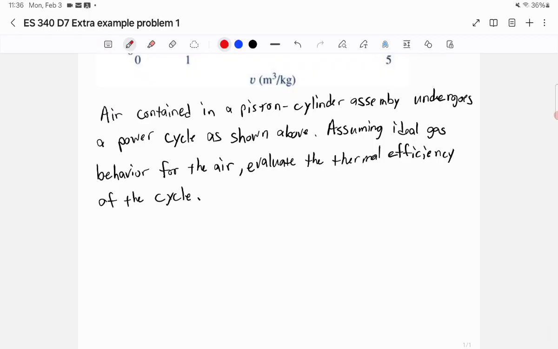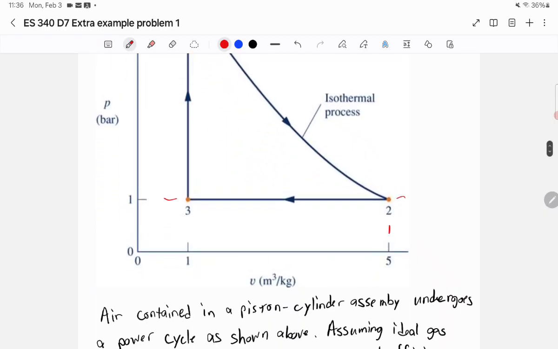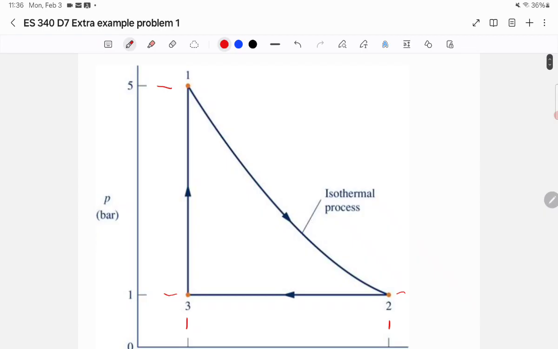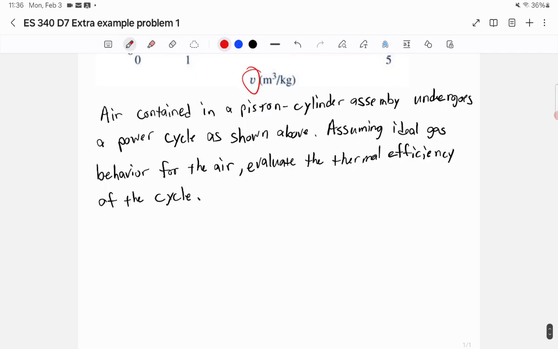Air is contained in a piston cylinder assembly and undergoes a power cycle as shown above. So here's the cycle. We have values for pressure. This is 5 bar. This is 3 bar. Obviously this is 3 bar. This is 5 cubic meters per kilogram. This is 1 cubic meter per kilogram, right, because this is the specific volume. And we know something about it being isothermal here, and so on. Okay, so